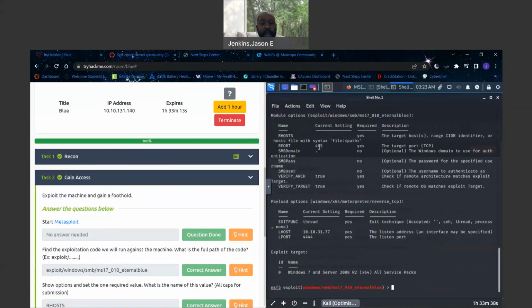Some of these will be blank, and it's very important that we look and see which ones are blank, because some of these need to be customized. We're going to want to put in important information. We need to set RHOSTS with the IP address of the target. So very easy to do. You just say, use the